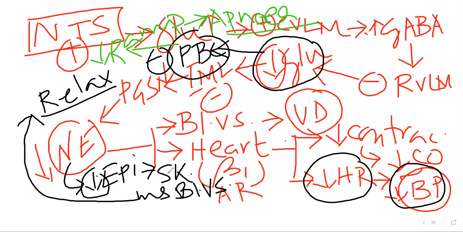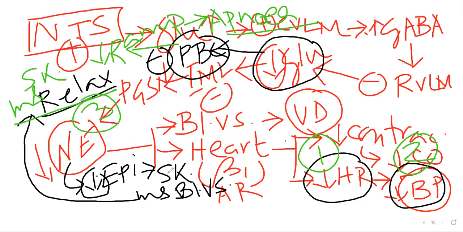These are the effects of the J reflex. So what will the J reflex finally do? Number one, decrease the heart rate. Number two, decrease the blood pressure. Third, the skeletal muscle blood vessels will be relaxed, or there will be laxity of the skeletal muscle. And number four, there will be sudden occurrence of apnea followed by hyperventilation. These are the effects of the J reflex.